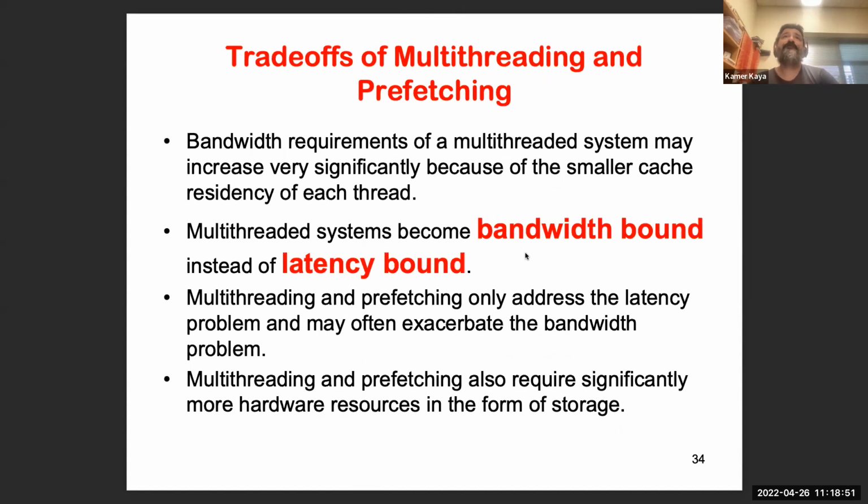Okay, so as I told you, bandwidth requirements of a multi-threaded system may increase very significantly because of smaller cache residency of each thread. So instead of the whole cache reserved for a single thread, now maybe you have 10 threads, so you can assume 10% of the cache is reserved for a single thread, okay? It doesn't work exactly like that. So multi-threaded systems become bandwidth bound instead of latency bound because you hide the latency. So you can increase the number of threads. The reasonable question is, let's make the number of threads 1 million, 2 million in a CPU, okay, not GPU. It won't work because